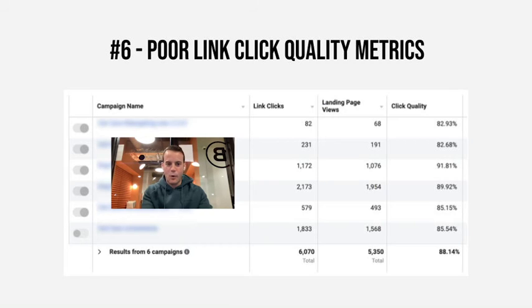Number 6, poor link quality metrics. In this case, we're going to manually calculate link quality using link clicks divided by landing page views. This equation serves as a way to measure the drop-off in the time it takes for a website to load after an ad is clicked. In this case, as you see in the screenshot here, we have link quality manually set up as a custom